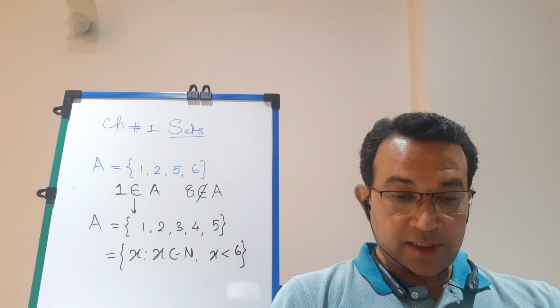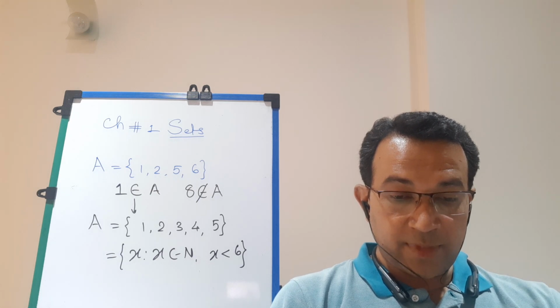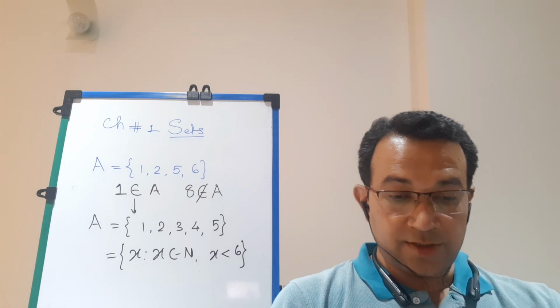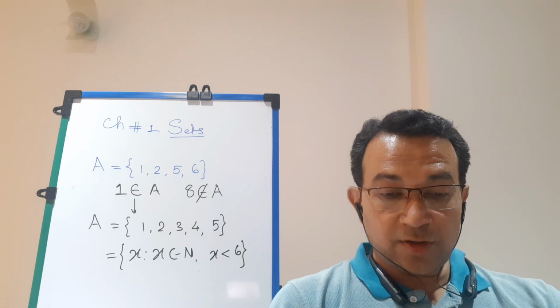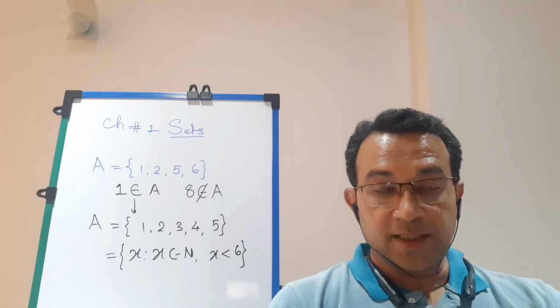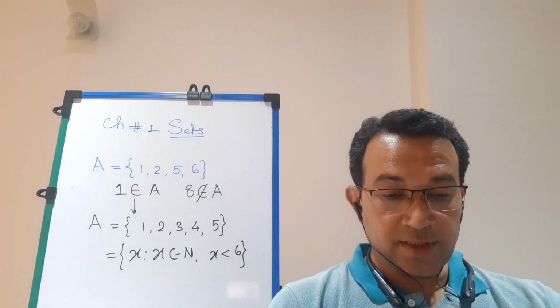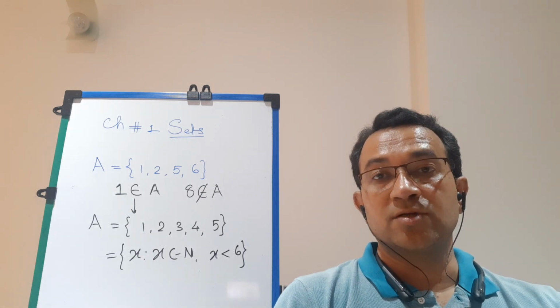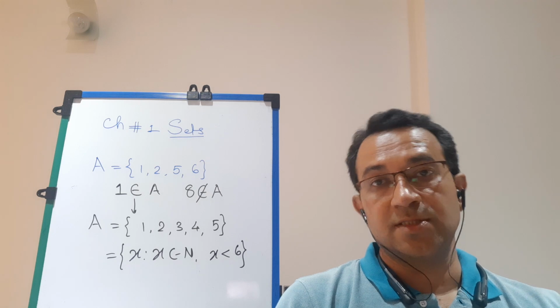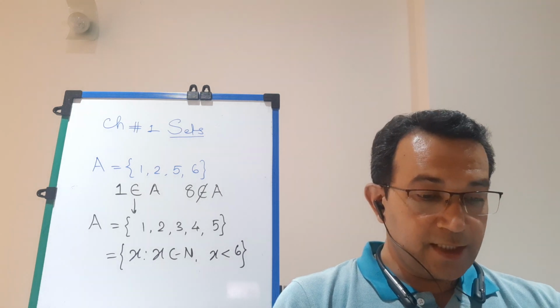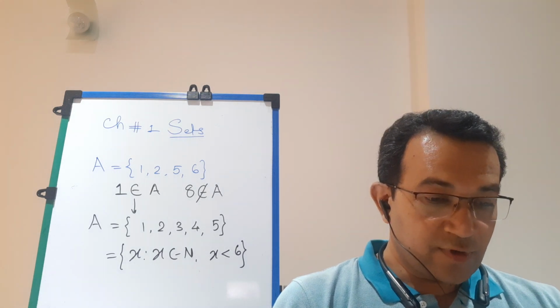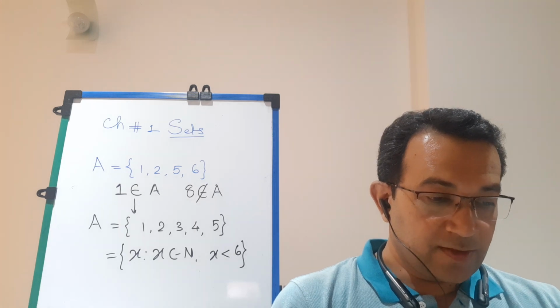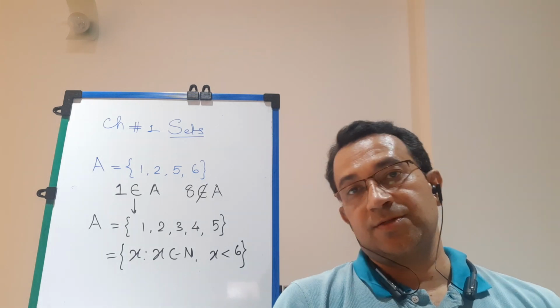Then students, the collection of novels written by the writer Premchand. Now students, definitely Mr. Premchand would have written, say, 20 novels or 30 novels or 50 novels. That is well defined and predetermined, students. Therefore, you can say that it is a set.